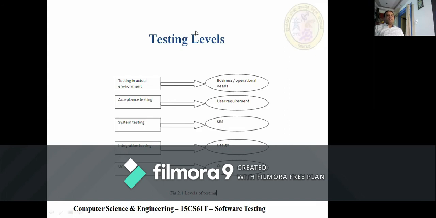So these are the different testing levels we need to discuss in this topic. Unit testing, integration testing, system testing, acceptance testing, and testing in actual environment.